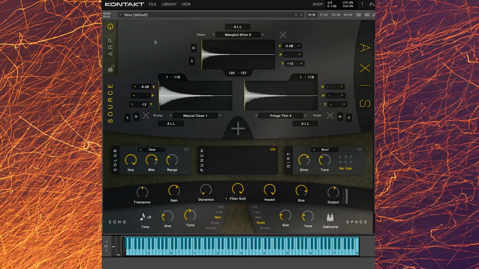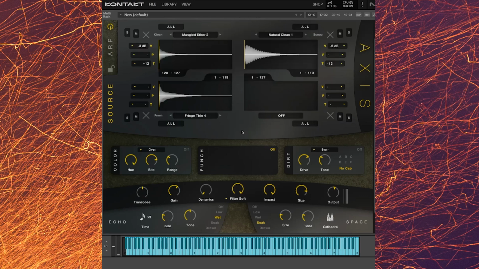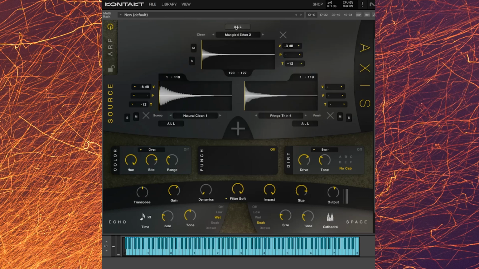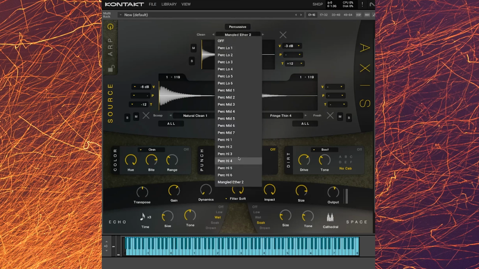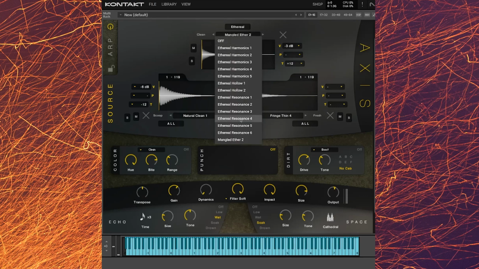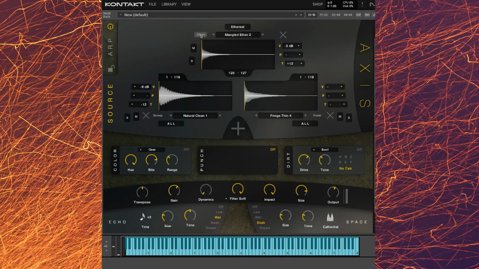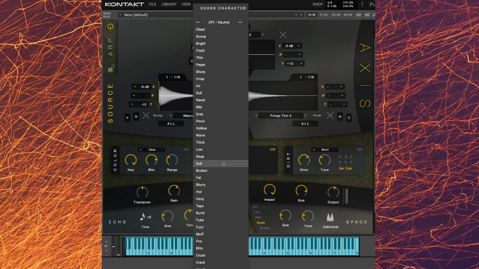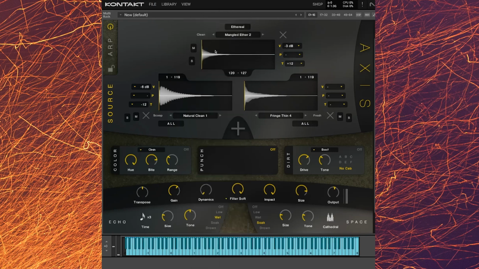Basically every patch in here is made up of either one sound source, 2, 3 or 4. If you press that button there you get 4, and if you want to remove a sound source just click the X. Now if I click on this where it says all, I get to choose which bank I'm going to select a sound source from. So if I go percussive, I can choose any of the percussive sound sources. Ethereal, I get to choose any of the ethereal sound sources there, and I can then add a sound character to each one. So straight away you're probably thinking this has got an awful lot of sound design possibilities,